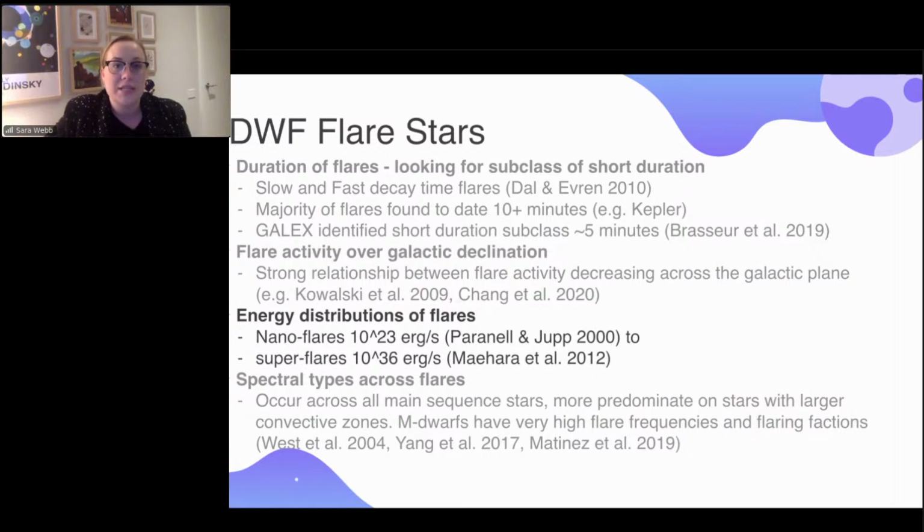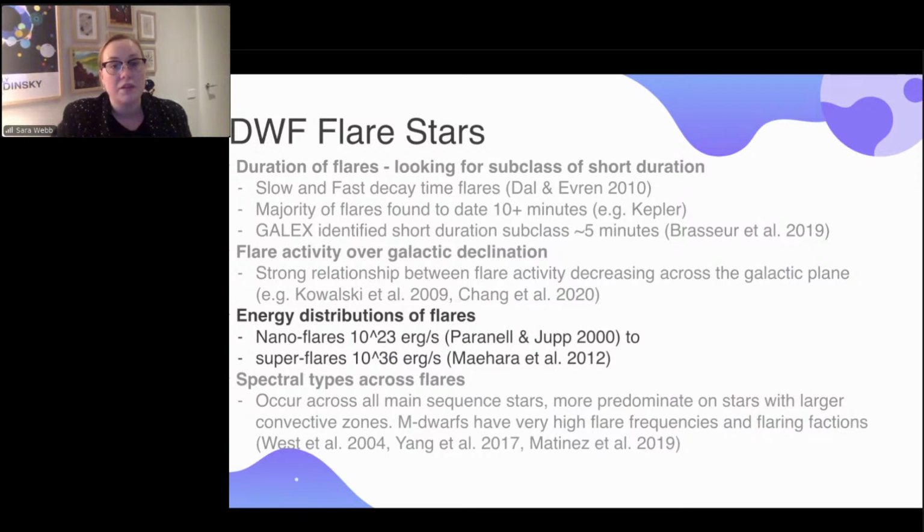So the flares that we tend to see on our sun are about 10 to the 23 erg per second energy release, and that is one of the higher flares that we would ever see on the sun. So that is an X-class solar flare. However, super flares that we tend to see on other stars, especially M dwarfs and F stars, are much, much higher. So we tend to see things from 10 to the 34 to 10 to the 36 erg per second in the energy release. So that is a lot of energy.